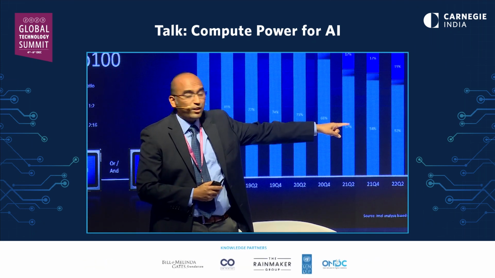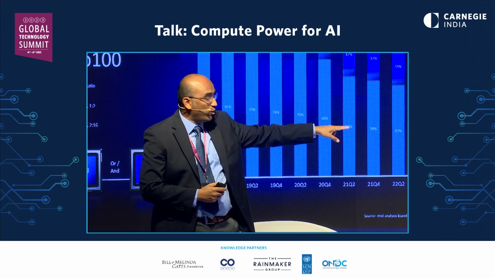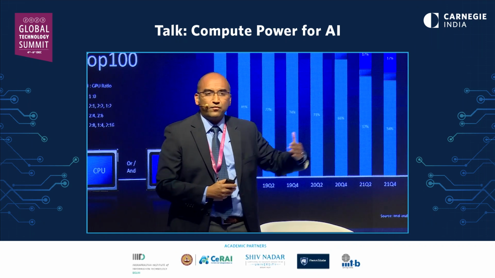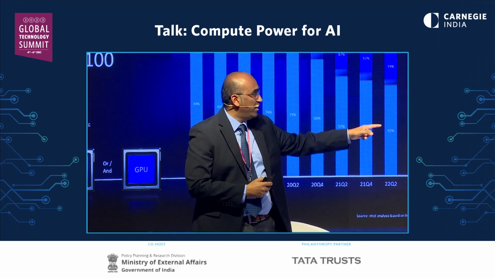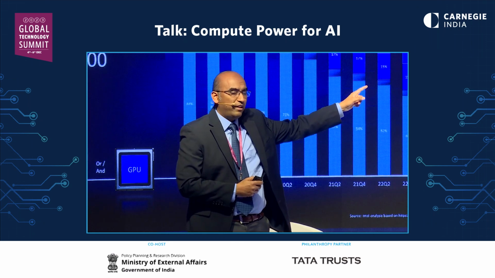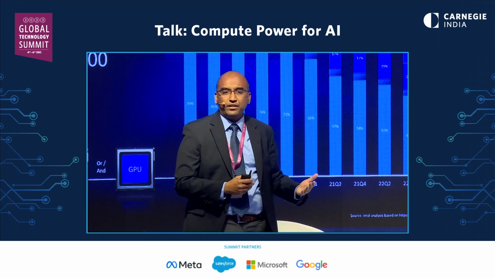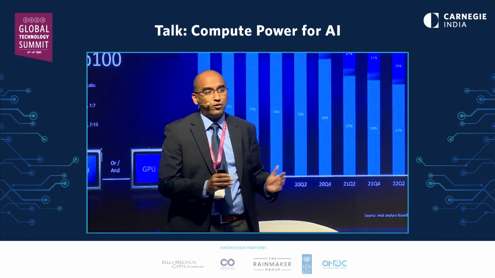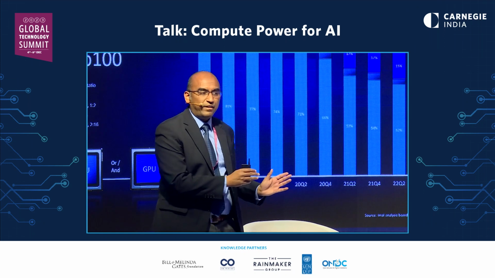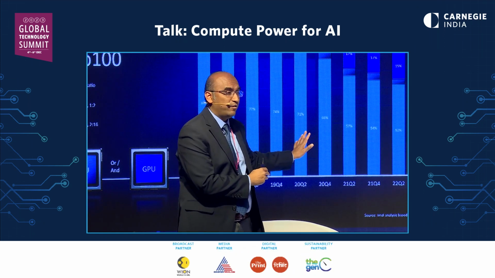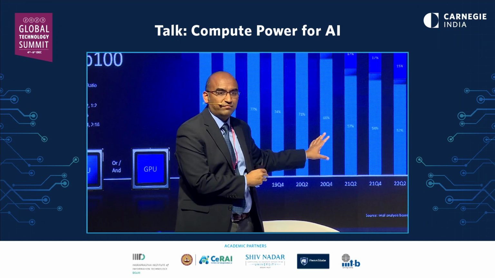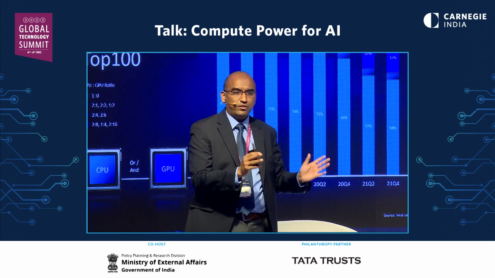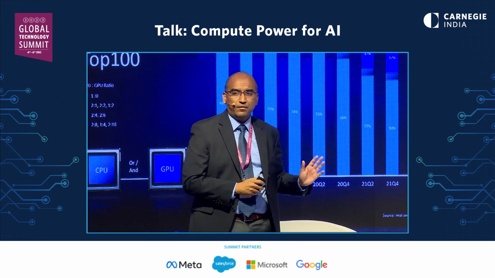Okay, that is from Q3 2022. Q2 23, Q4, that number has gone below 40%. So most of the top 100 supercomputers in the world actually compute on the GPU. In fact, there is a prediction out there that says in the next 5 years, there's going to be less than 5% of the data centers commissioned anywhere in the world that would not have a GPU. Whereas just 5 years ago, less than 5% of the data centers in the world had a GPU. So massive shift in terms of what's going on across the world, whichever geography you go to, right?